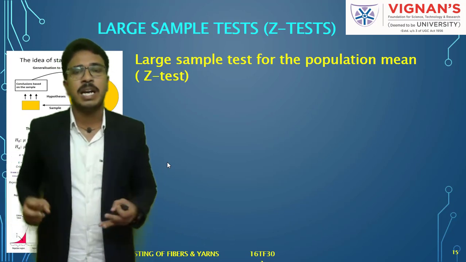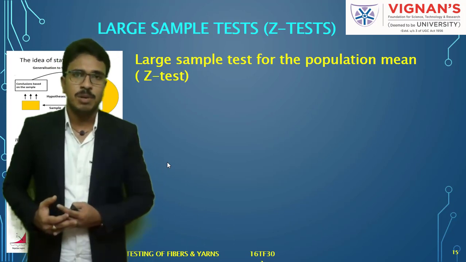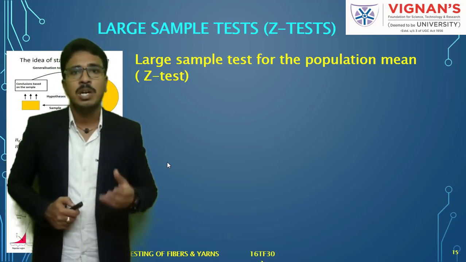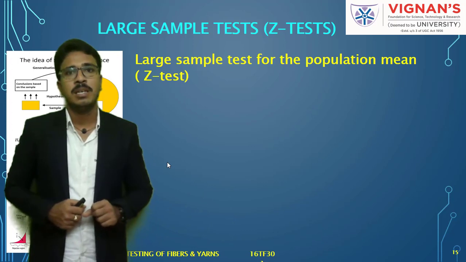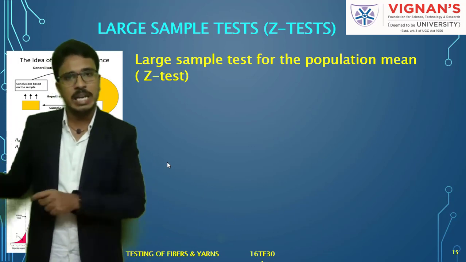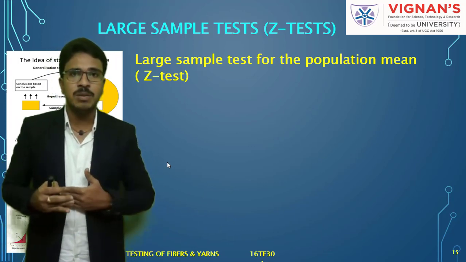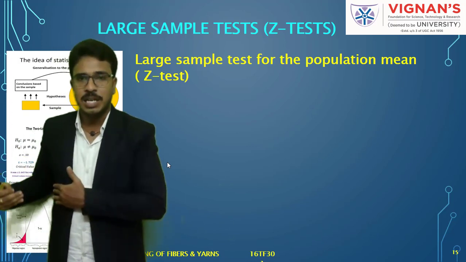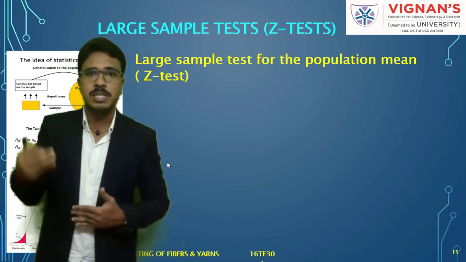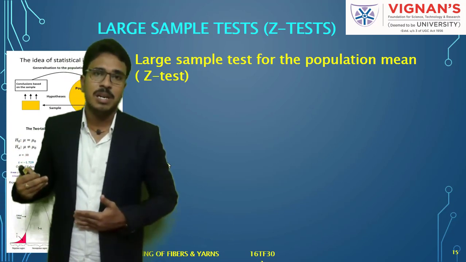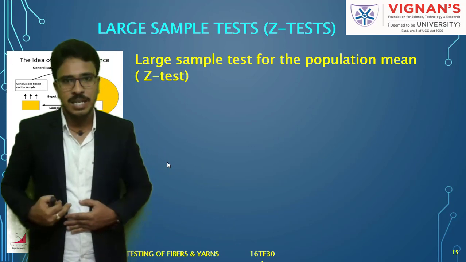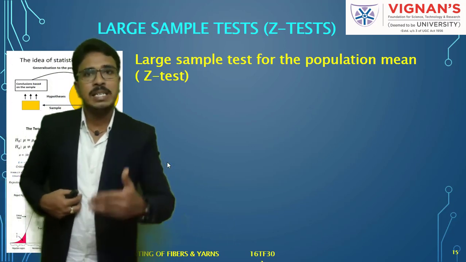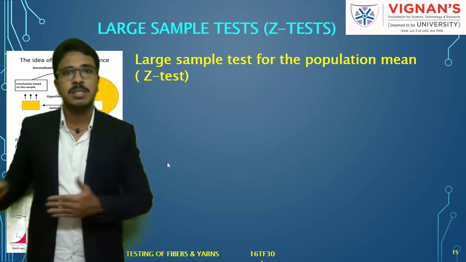In each and every criteria we are going to discuss what is the formula we need to use to test the population mean in the first criteria as well as the second criteria, how to test the hypothesis, whether the H naught, that is our null hypothesis, is rejected or accepted, and how we are drawing that decision. We are going to discuss this in detail from these slides.